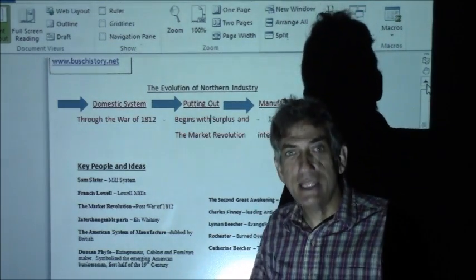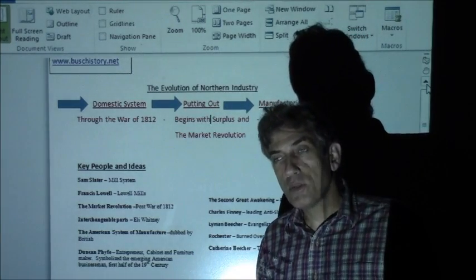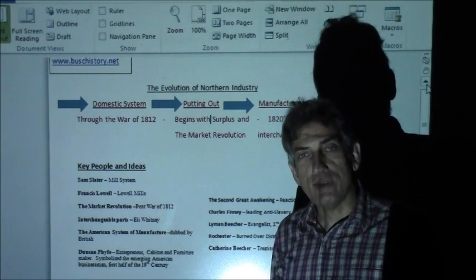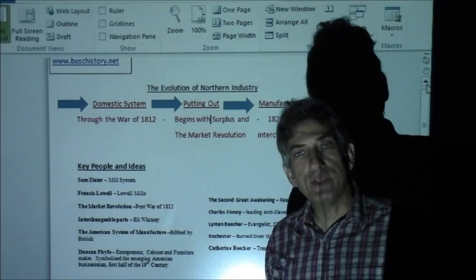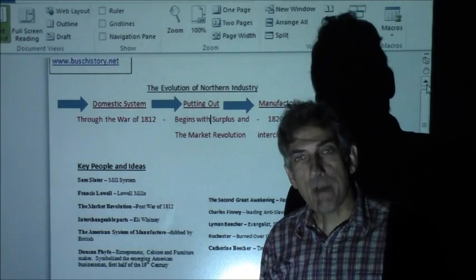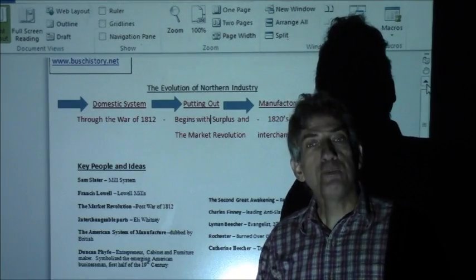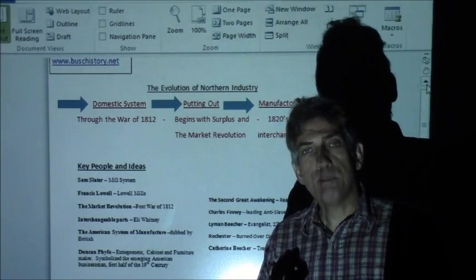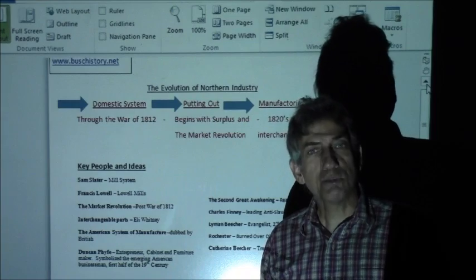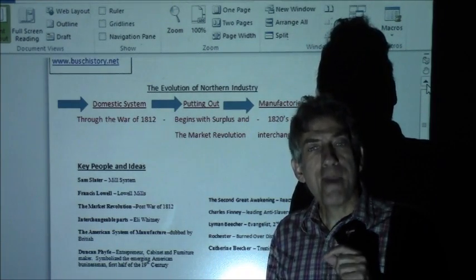Eli Whitney, yes, that Eli Whitney of the cotton gin, he comes up with a theory of interchangeable parts for the building of guns. And now one barrel of one rifle fits every rifle, and one hammer of one rifle fits every rifle. So now these parts are all interchangeable, and that's going to happen in these manufactories as well. And all that's going to happen then is you're going to have huge bins of parts made, each person making one part, then you're going to have them assembled, and they're all going to fit exactly the same way. Interchangeable parts. Sounds like a great idea. That is the beginning of manufacturing